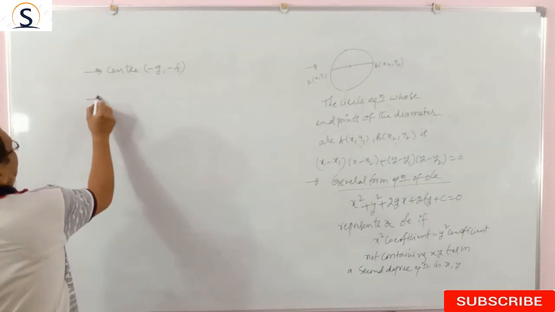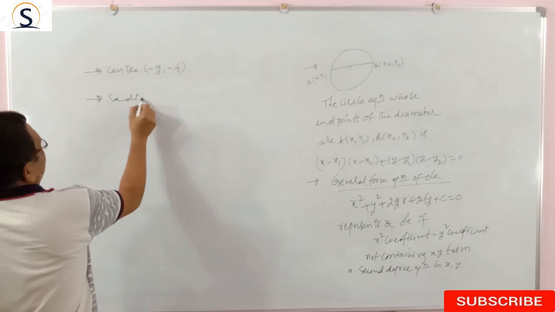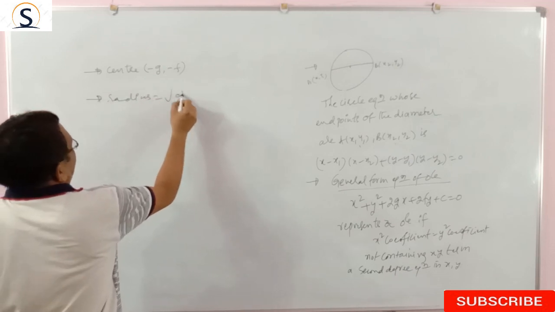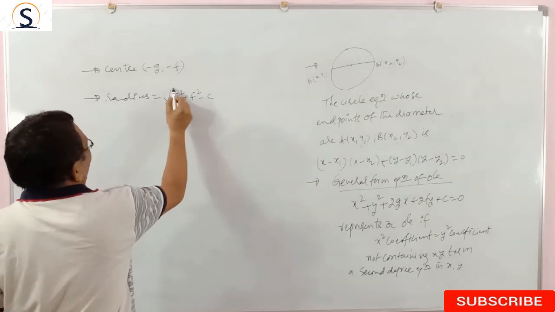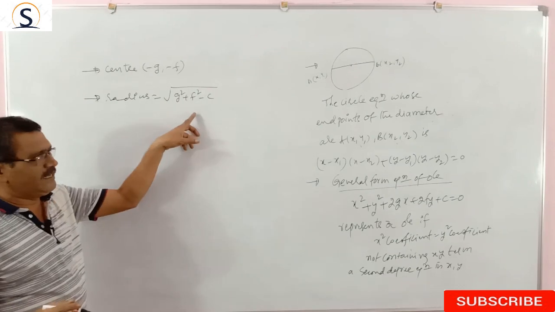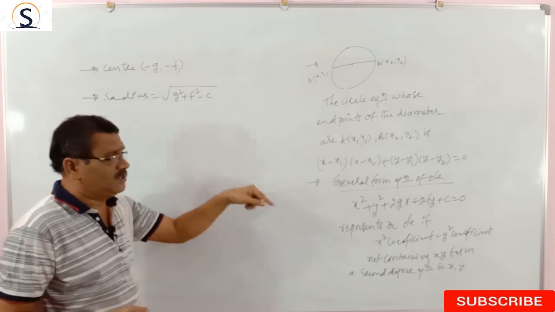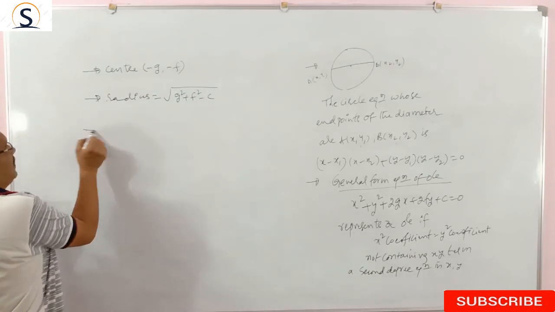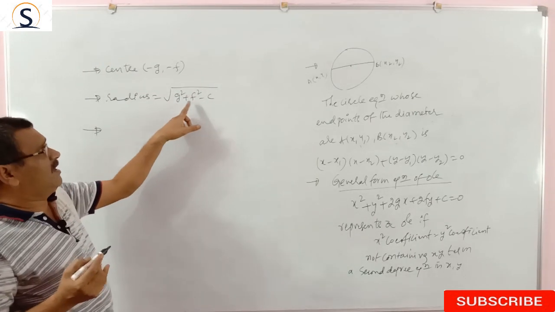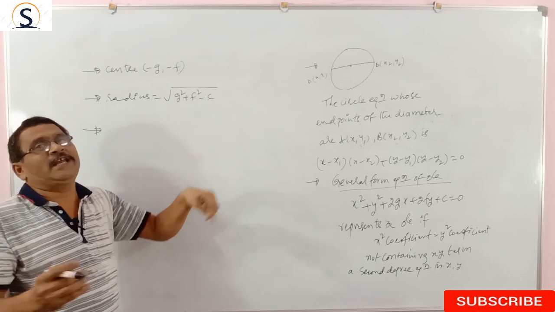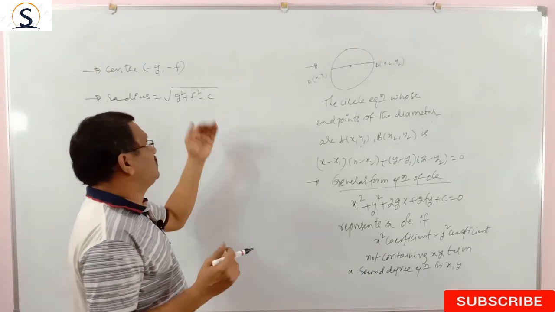And the radius is equal to under root g square plus f square minus c. This is the radius of this circle and the center is minus g, minus f. This is very important. Next, sometimes g square plus f square minus c may be a negative value or a positive value